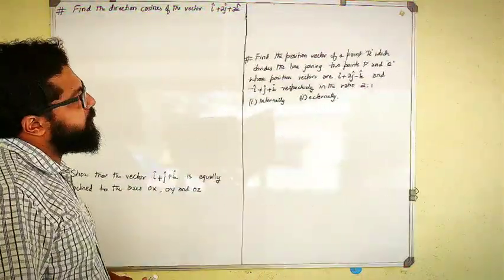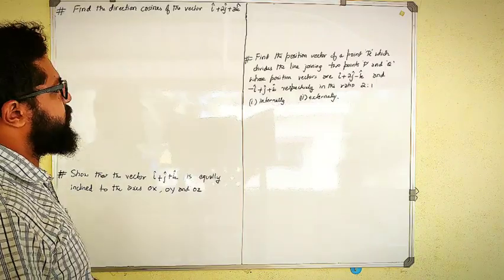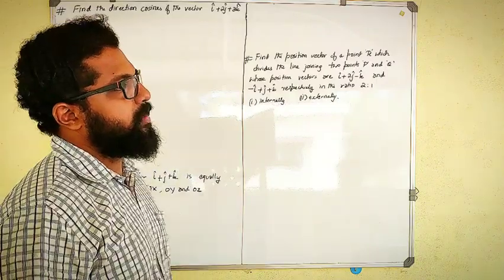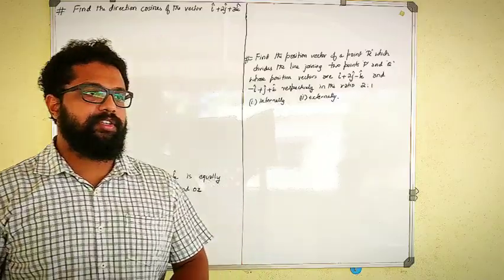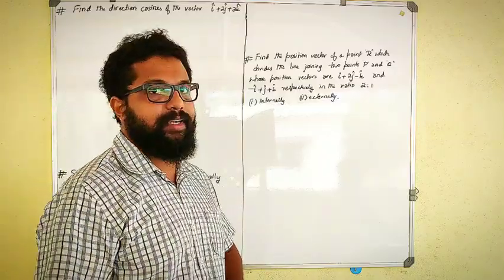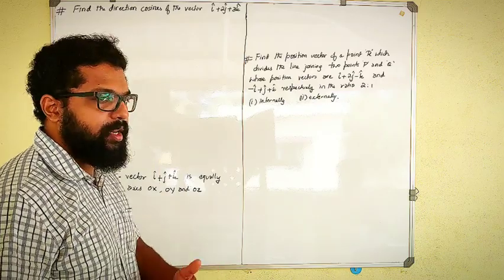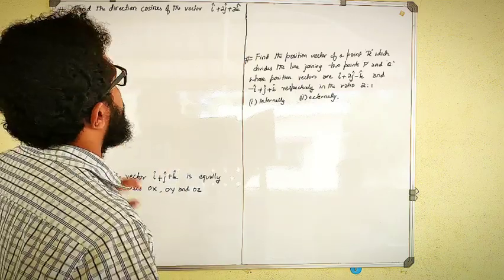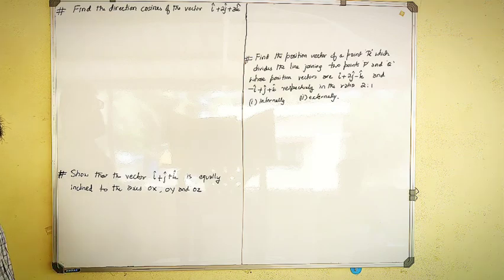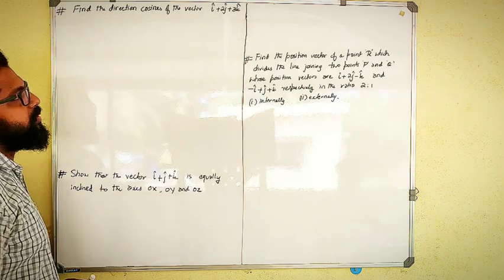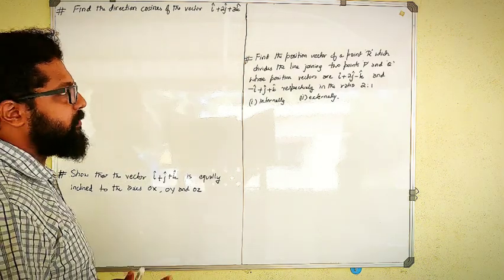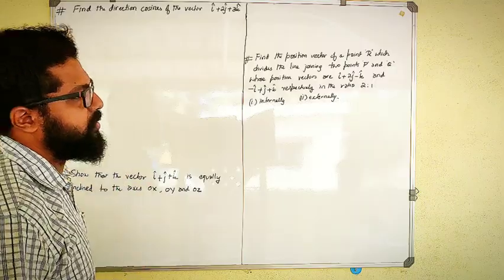We'll begin with the next set of problems. In that, finding the direction cosines of a vector and the internal division ratio and the external division ratio, that is section formula. That type of questions few I will solve and remaining will be there in the exercise problems. So first I begin with the first one, in which find the direction cosines of a given vector. There is a vector given, I should find out the direction cosines.